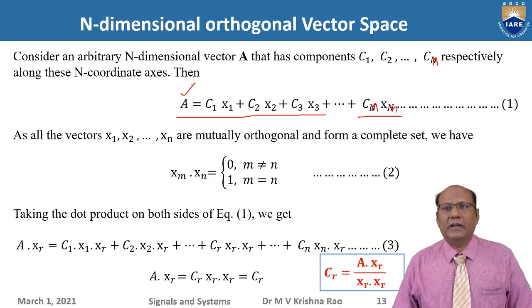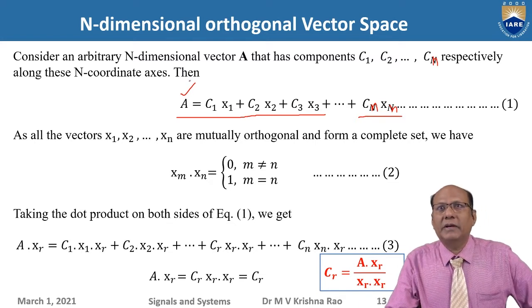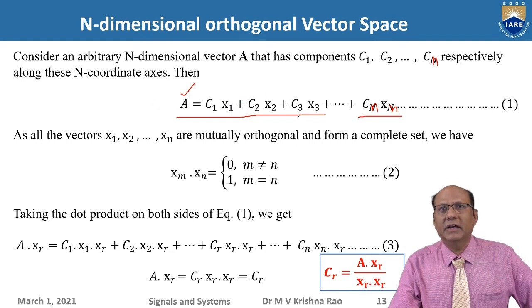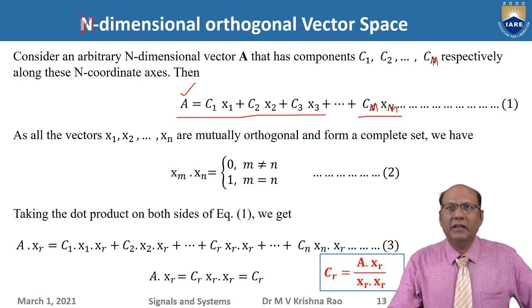You are dividing the arbitrary vector as n number of components. Basically, n number of components. So here also, wherever you have the capital N, you can take it as small n. So this is what the arbitrary vector A of n dimensions, small n dimensions, can be represented